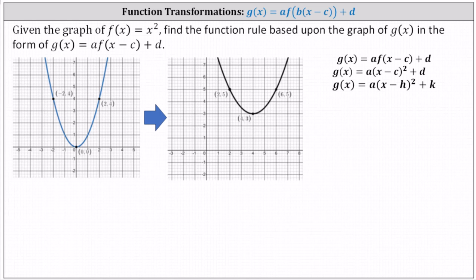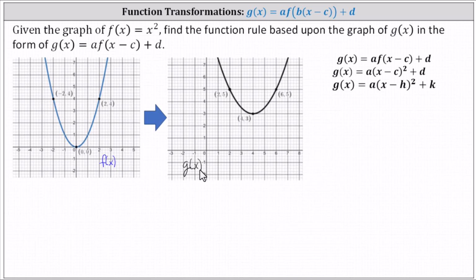Given the graph of f of x equals x squared, shown here on the left, find the function rule based upon the graph of g of x, shown here on the right. And we're told g of x will be in the form of a times f of the quantity x minus